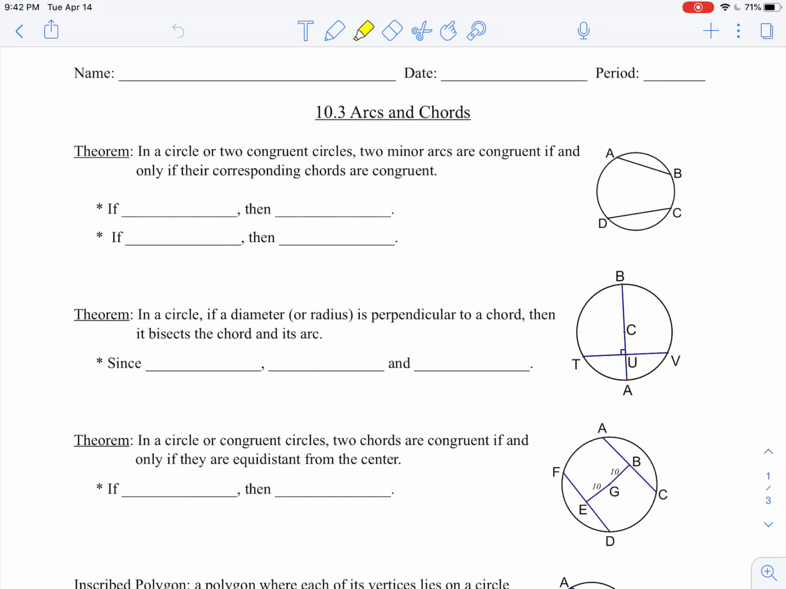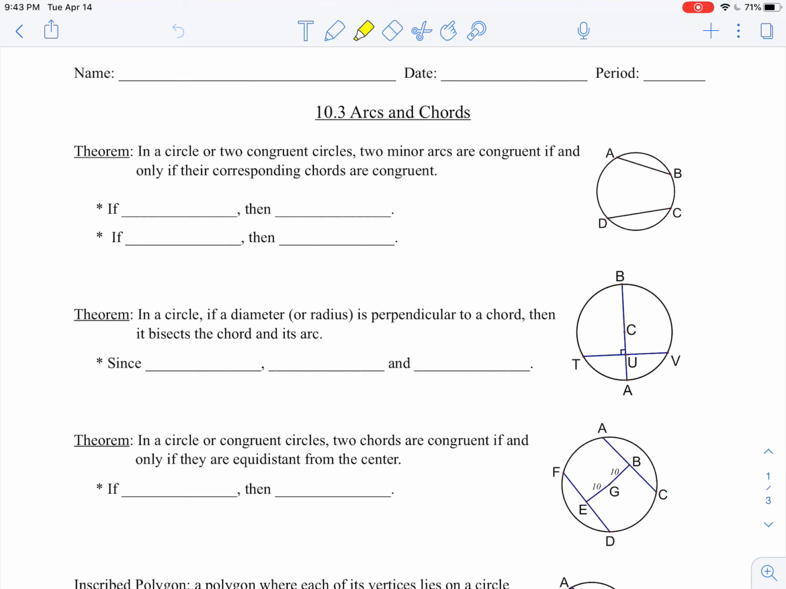Hello, today we're going to be looking at the relationship between arcs and chords within a circle in section 10.3. There are three basic theorems that we're going to focus on. The first one says that in a circle, two minor arcs are congruent if and only if their corresponding chords